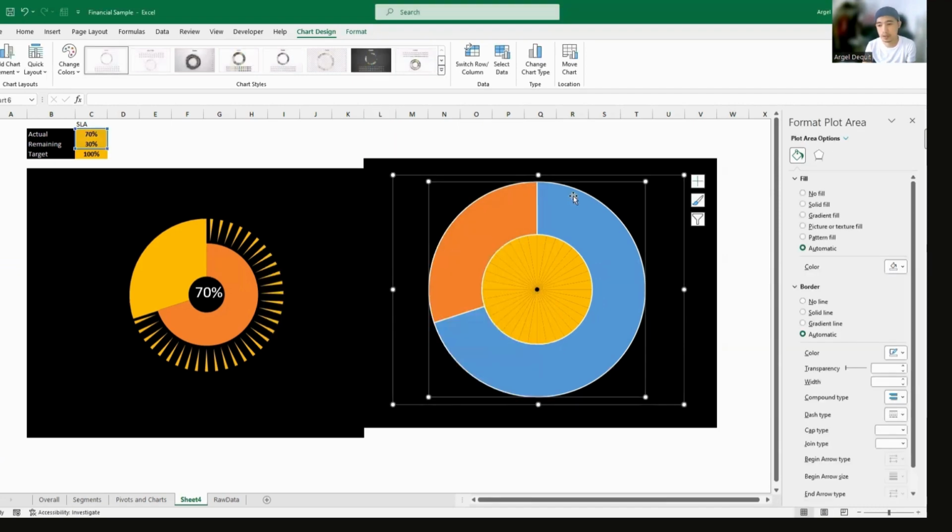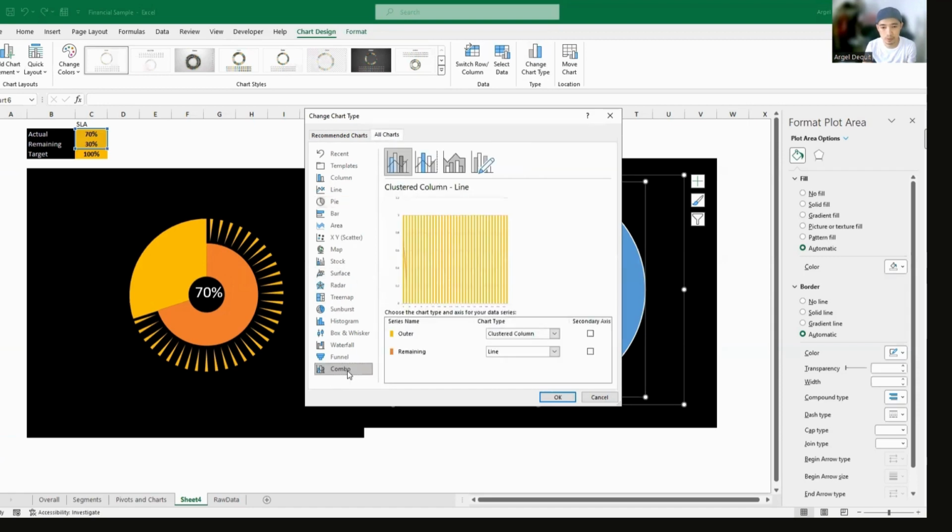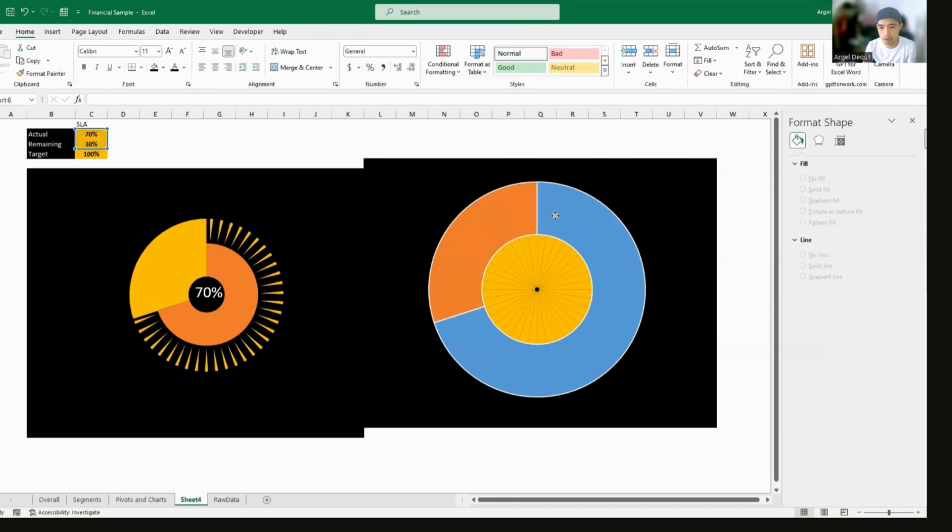Okay, now there you go. Next thing is to change the chart type. We want to make sure that we're replicating the exact chart that we're seeing on the left side. Click on combo. Sorry, let's do that again. Make sure that you click on the series and not the chart, not the chart area.